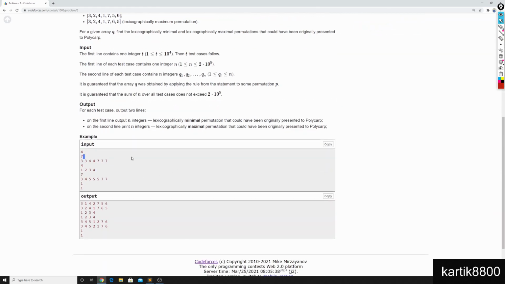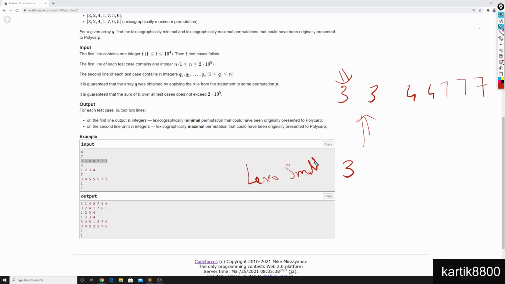So for example, if this is the prefix max, 3, 3, 4, 4, and then 3 times 7, right? You would like to find out the array that is lexicographically smallest and a valid A array, the original array, whose prefix max is this. So for A, the first element has to be 3, there is no other option, right? I'm trying to build the lexicographically smallest A, whose prefix max is equal to this.